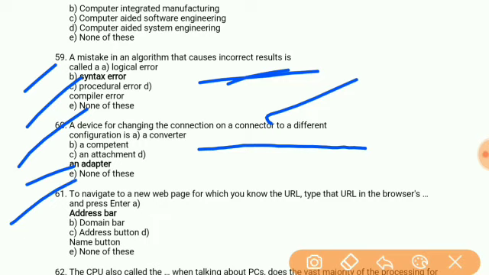Then to navigate a new web page for which you know the URL, you type the URL in the browser's